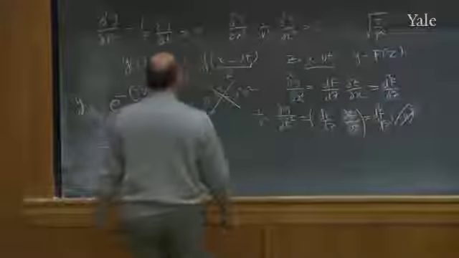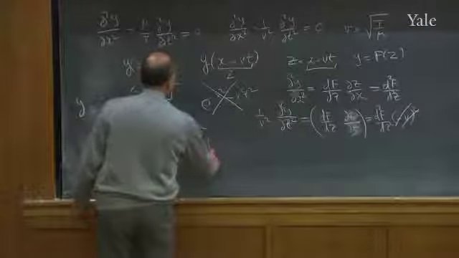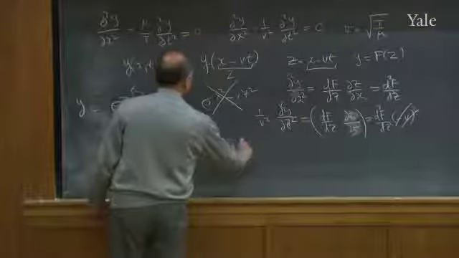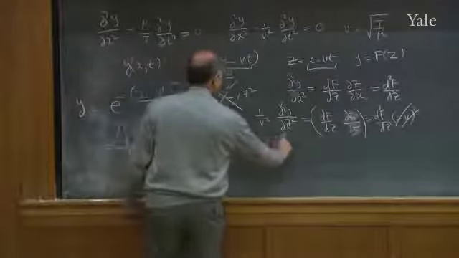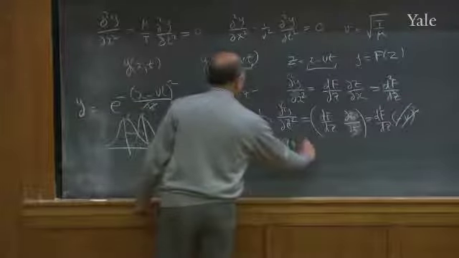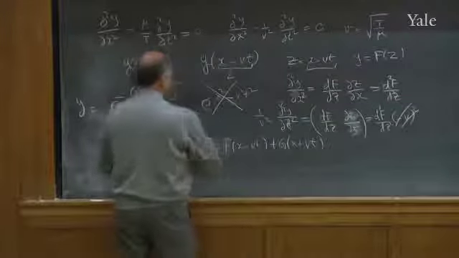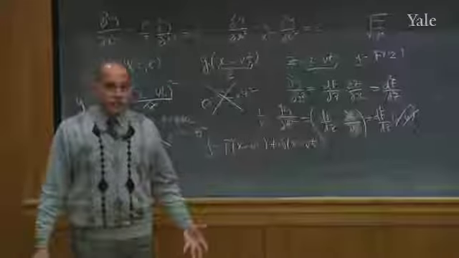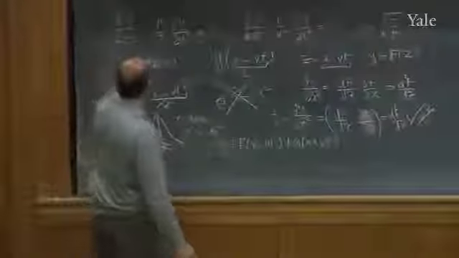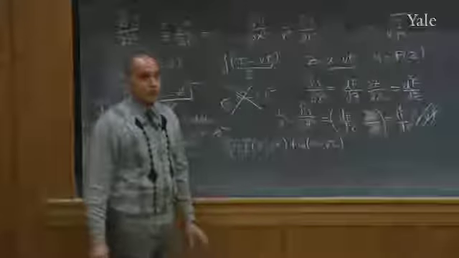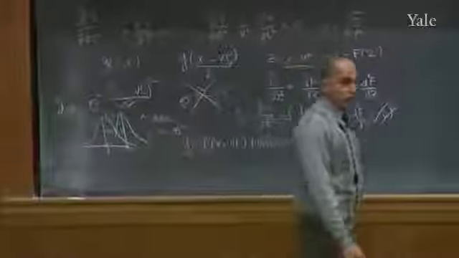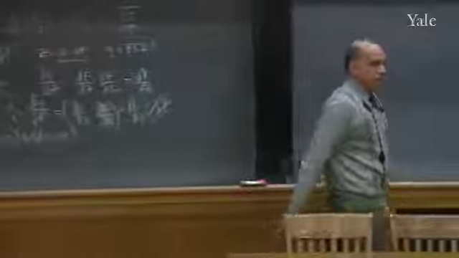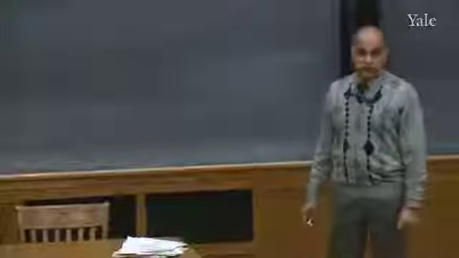So the answer is that the most general solution of the wave equation is any function you like of x minus vt plus any function you like of x plus vt. This will describe waves going to the right. That will describe waves going to the left. And you can superpose them because it's a linear equation. You can add solutions. This is what I want you to know about the wave equation. Okay, this is one example of how the wave equation comes and what the meaning of the symbol v is.